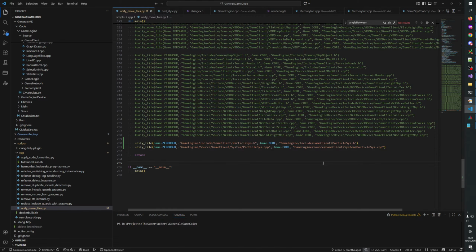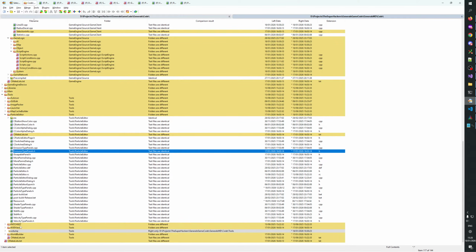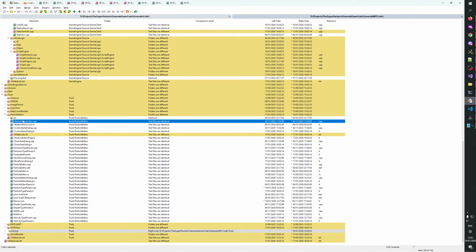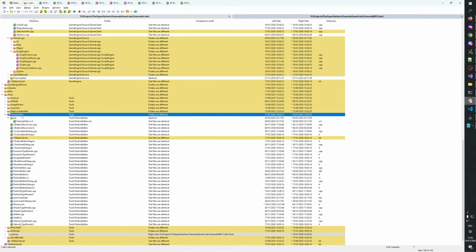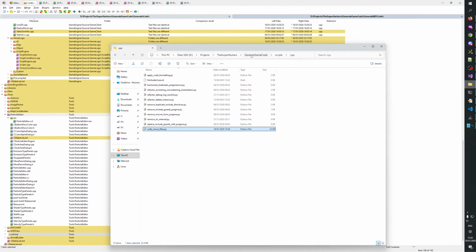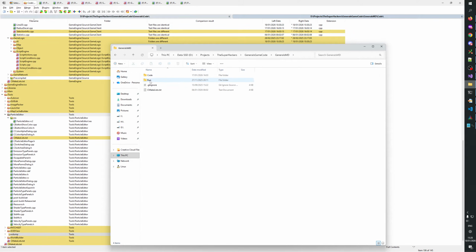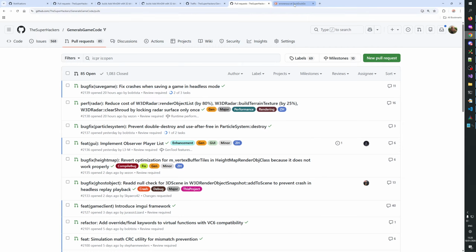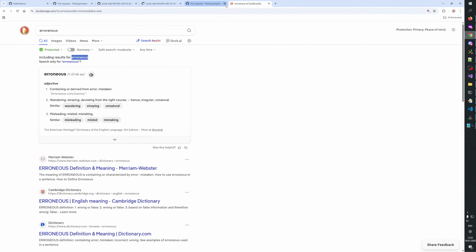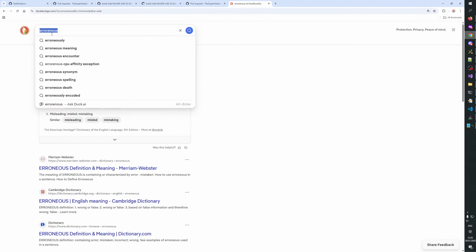Okay, and then also the particle editor files, which are here. Aha, there are a lot of them. Okay. Let's go to here, code, tools, particle editor. Let's do